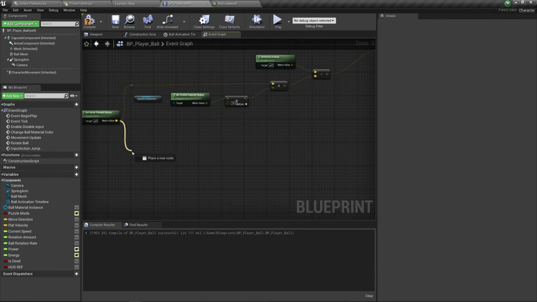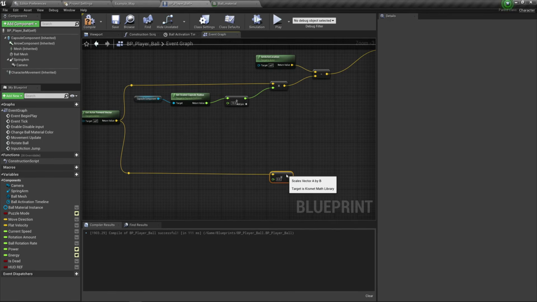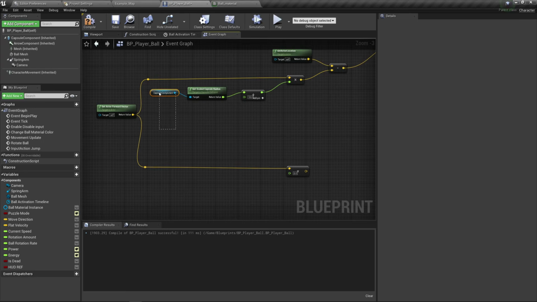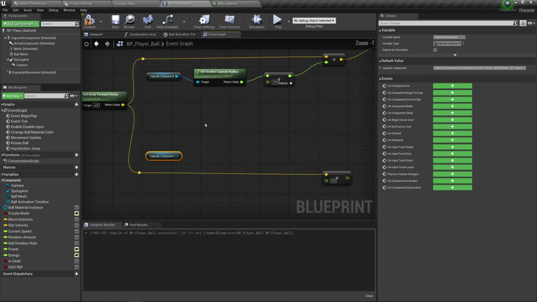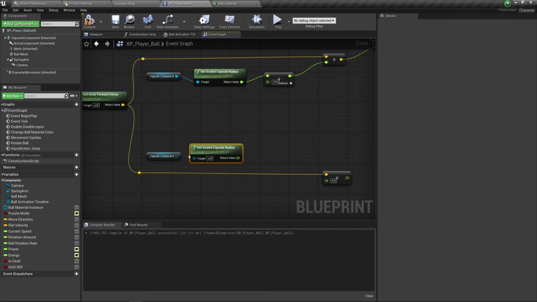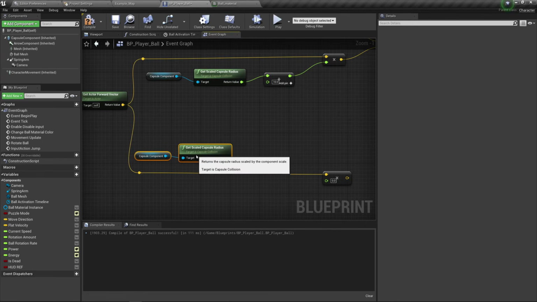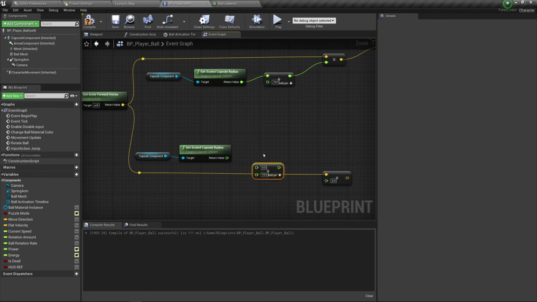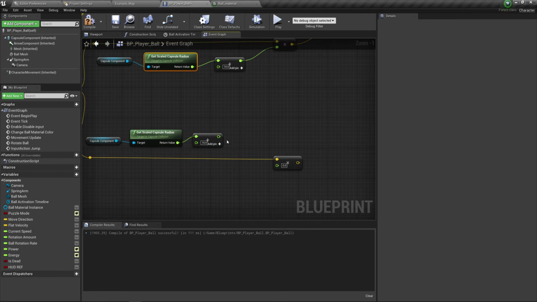Well, from here, again, I'm going to multiply this with a float. But again, let me just click on it over here. Something like this can do. I'm going to move this bad boy over here. Again, we need to get the capsule component. Here you go. And get scaled capsule radius again. So move it over here. And again, we're going to add to it 10. So plug this in over here. I'm basically just copy and pasting this. You can select it, you can Control C, Command C on Mac, and Control V, Command V on Mac. And after that, we are going to